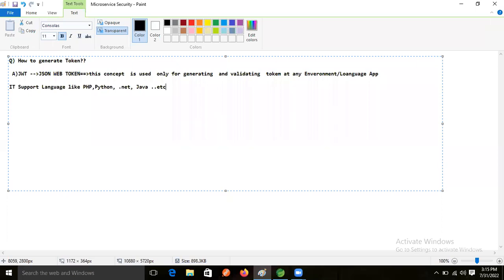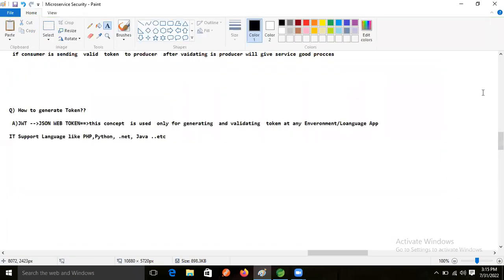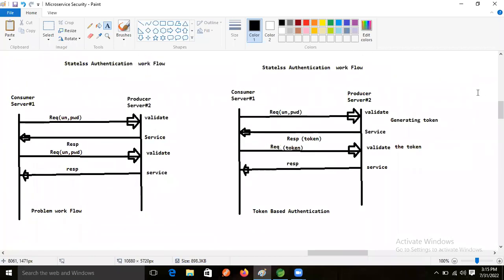So Java, okay. Where is the JWT token generated now, friends? The JWT token is generated by the producer application, because here the consumer is just using the token, but it is generated by whom? The producer application only, right? Yes. So whenever the producer application is generating